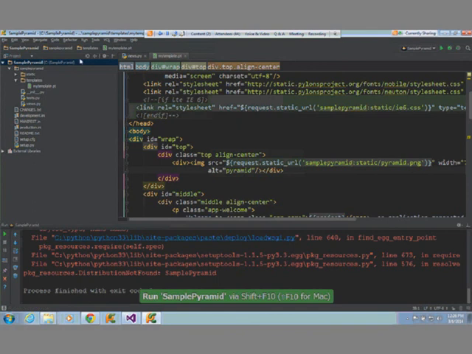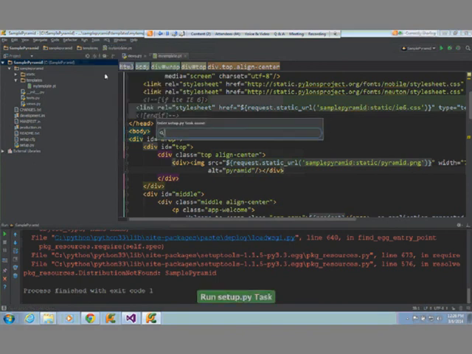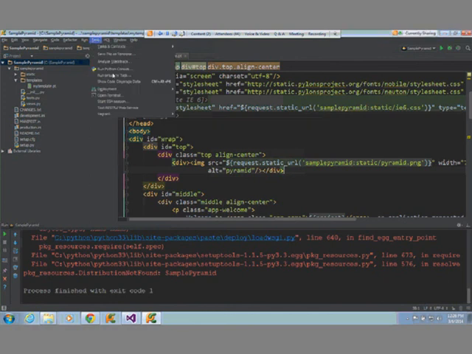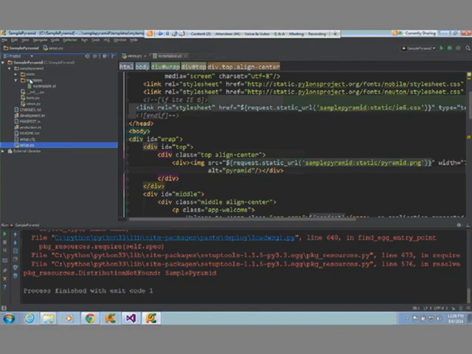Oh yeah, so one final thing is this uses a packaging structure. Develop. Set up task. We need to run this thing here. Maybe the working directory is off.